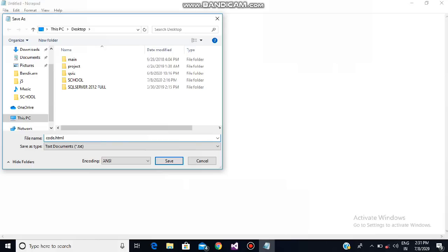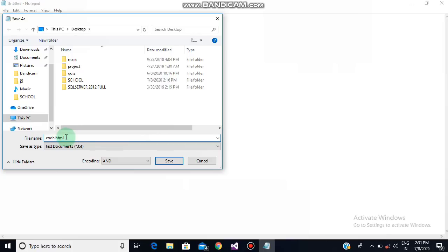HTML is very important. Dot HTML is the extension of this file, so that the icon which will appear on the screen will be your browser's icon. Okay children, if you do not write dot HTML, this is just going to look like a text file and nothing will be there. So to make sure that it looks like a web page and opens through a browser, we have to mention this .html extension.